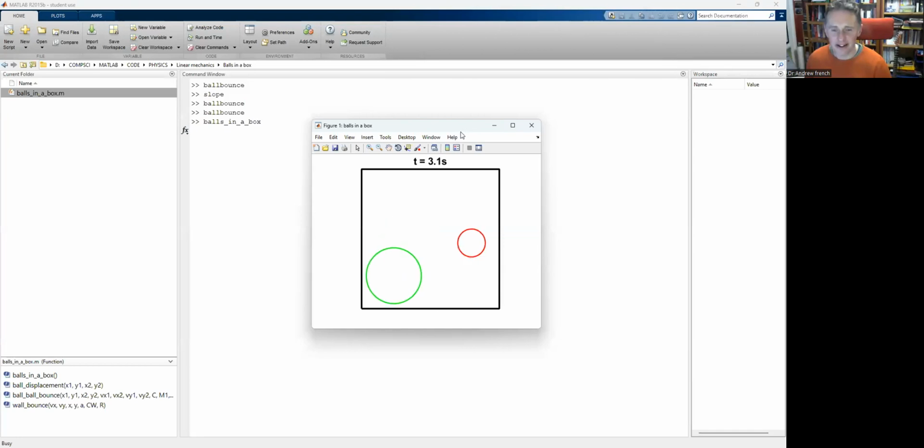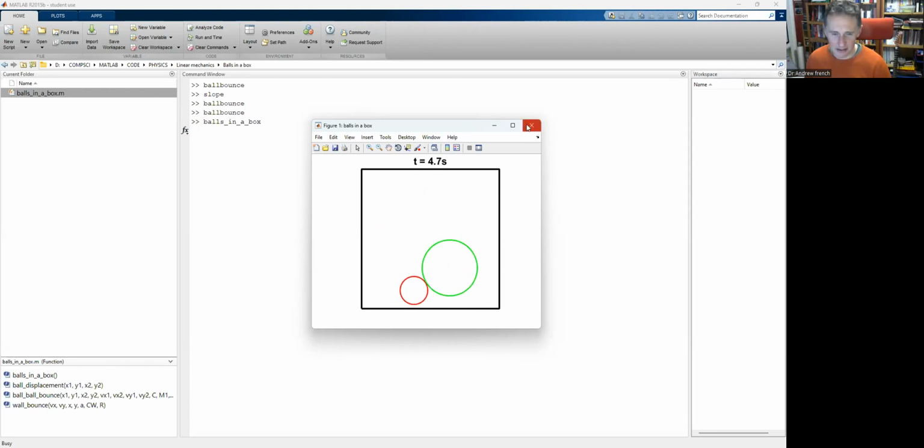And this is really fun. It all looks so real. And what I've done is I've got random conditions. I think it starts to, does it reset? There we go. So we've got two balls and they bounce against each other, and they bounce off the walls. And eventually, because the coefficient of restitution is not 1, it will settle down. So, this is rather fun.